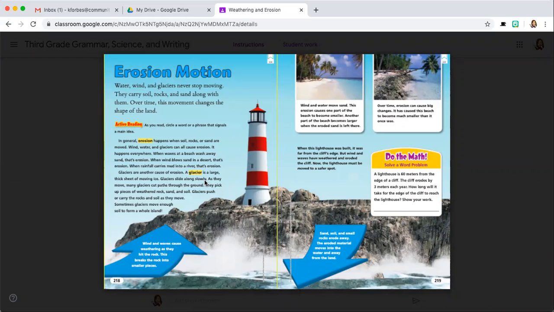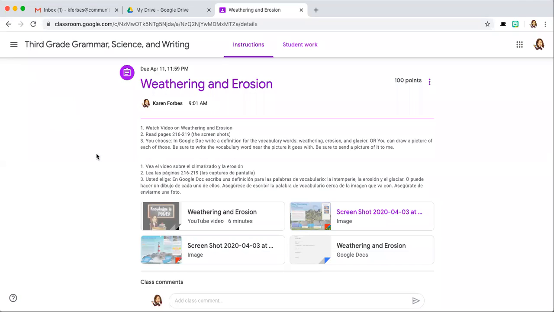If you look it up in Google or in a dictionary, you're going to get a really big definition that is great for an adult, but we're in third grade, okay? Don't make it harder on yourself. Use the resources that are there for you, and then you'll go into here.